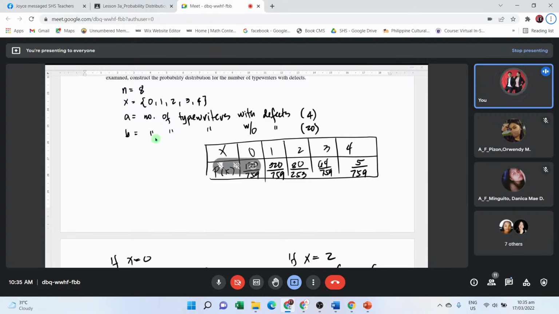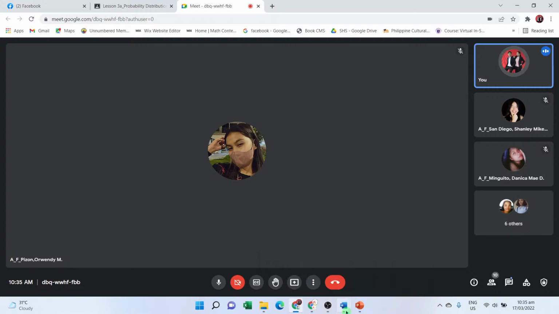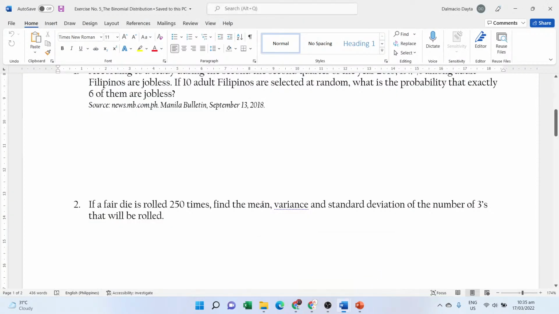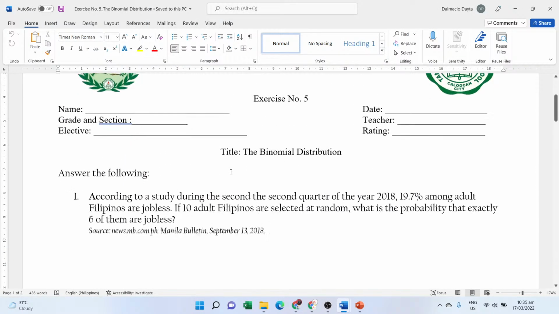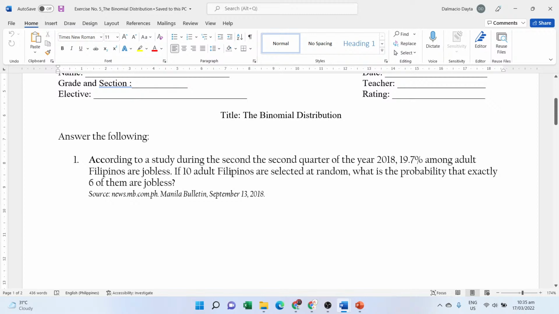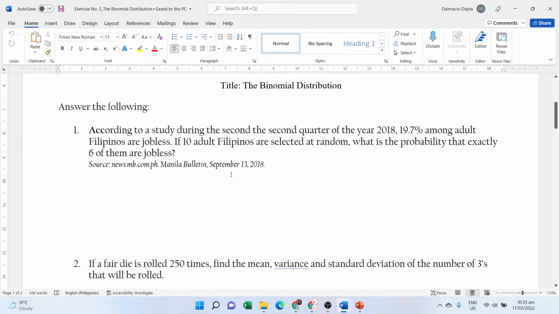Okay, so I suppose then let us proceed to exercise number 5. Medyo limited na yung ating time, but then again, let us finish exercise number 5. Ready with your exercise number 5, please, everyone? So this time we have the binomial experiment. So please be ready. Nawala sa align yung aking computer. Wait lang.